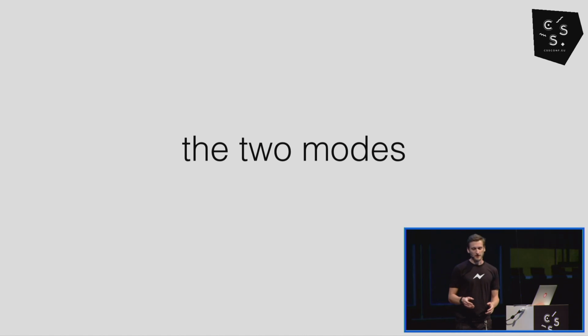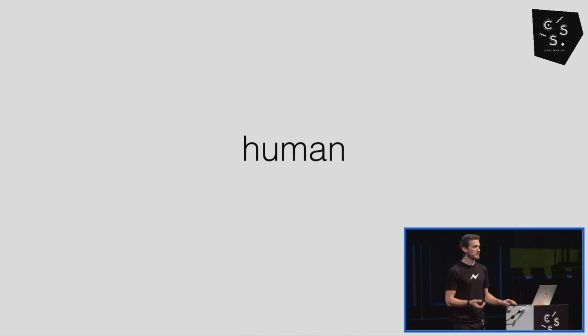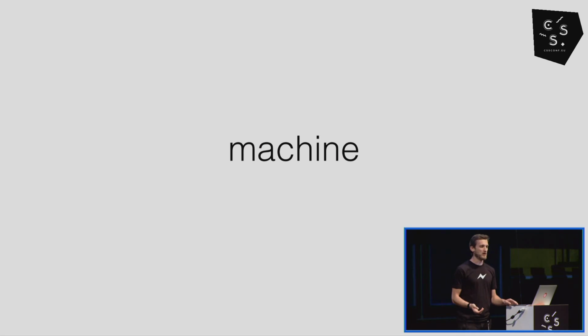And I'm not talking about you. You read software more than you write software. Even when you're writing software or when you're reading software or code or when you're debugging it, you're still in the human mode. It's you interacting with the code that you or somebody else has written. The other mode is the machine mode. It's the machine when it executes your code and it has to do something with it, has to understand it. Our static tools, our static transforms and analysis allow us to do things that are good both for humans and